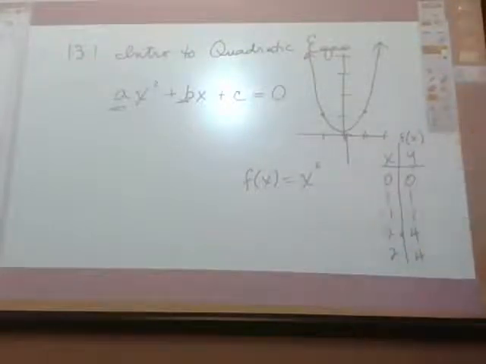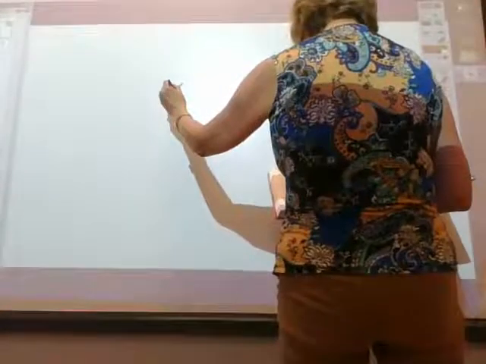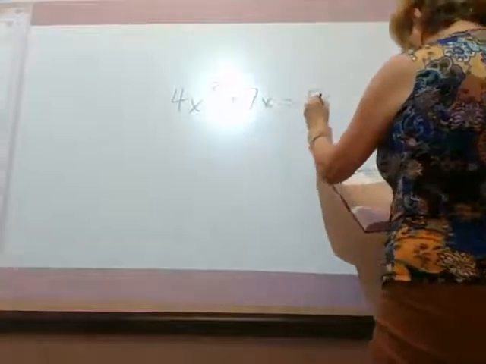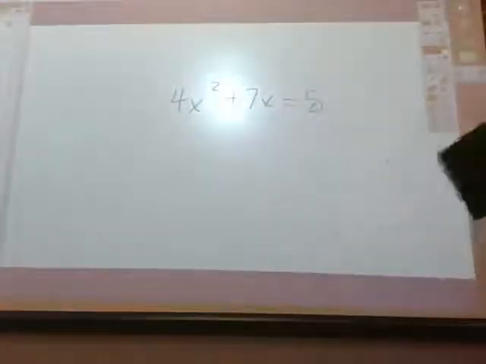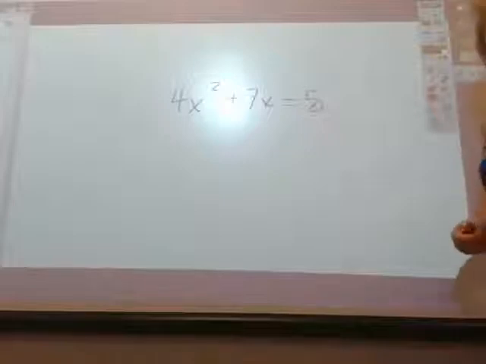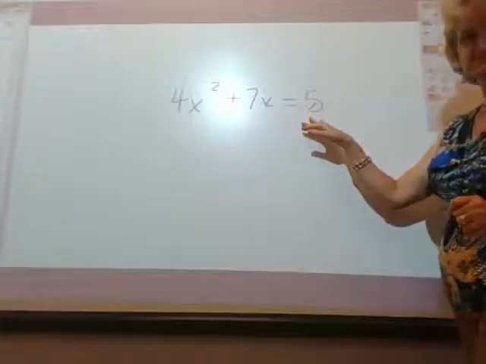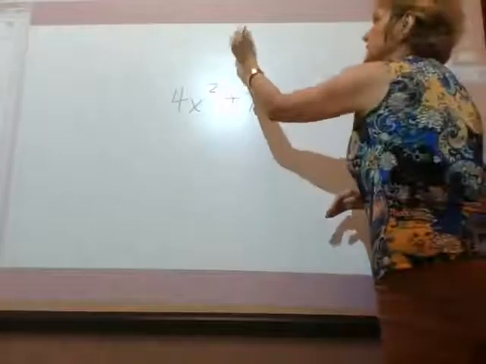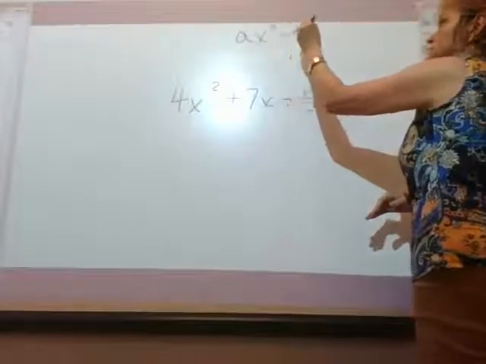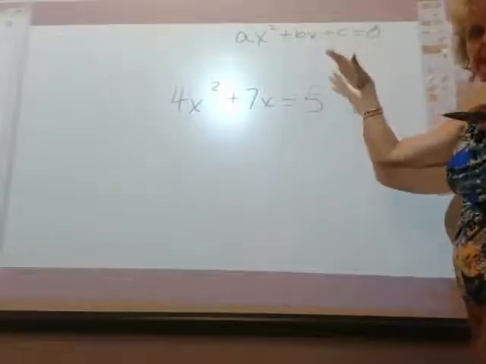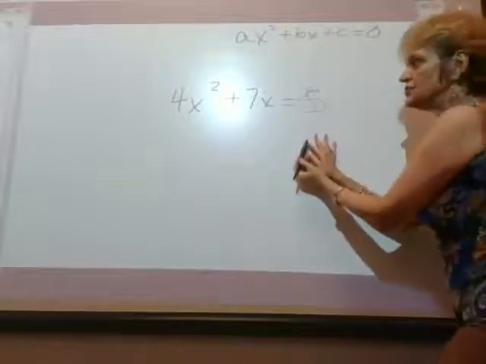All right, so let's take an example. So turn to page 576, and it says that this is our equation, and it says to write in standard form and determine a, b, and c. All right, so that means I've got to let this thing equal 0. All right, because I want it to be in this form. Ax squared plus bx plus c equals 0. Now remember, these could be negative. That's okay. So I want to just subtract the 5